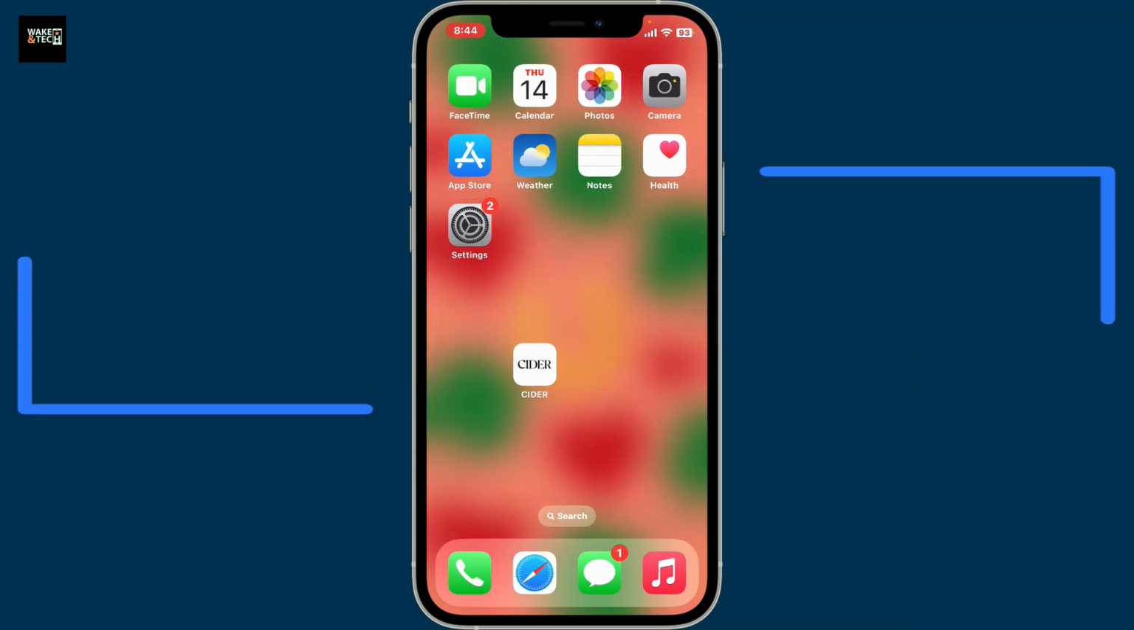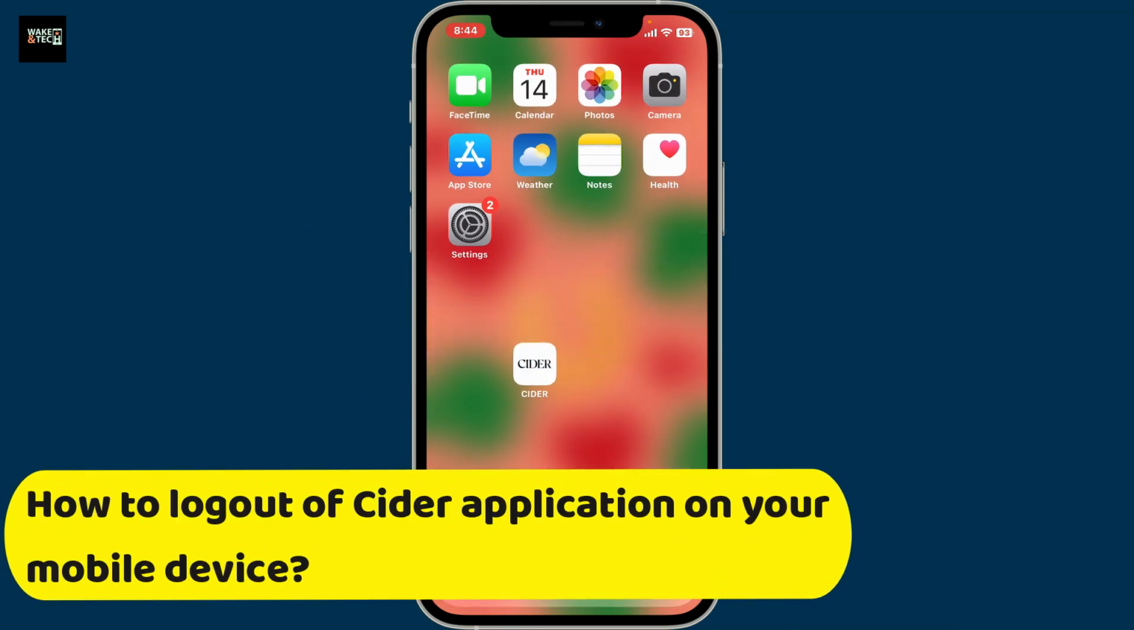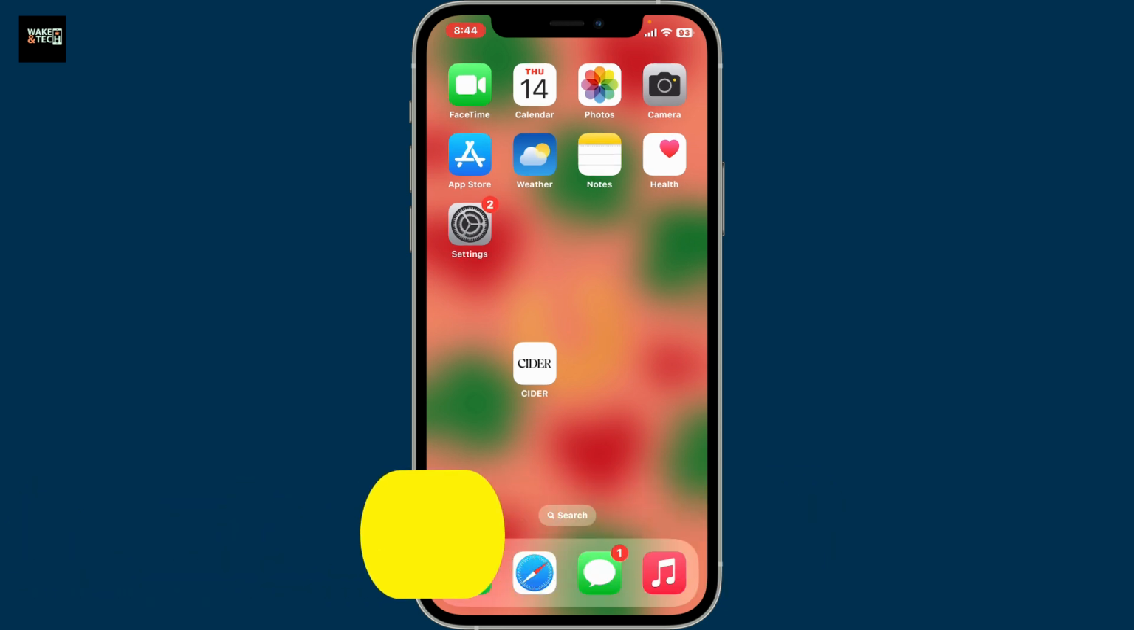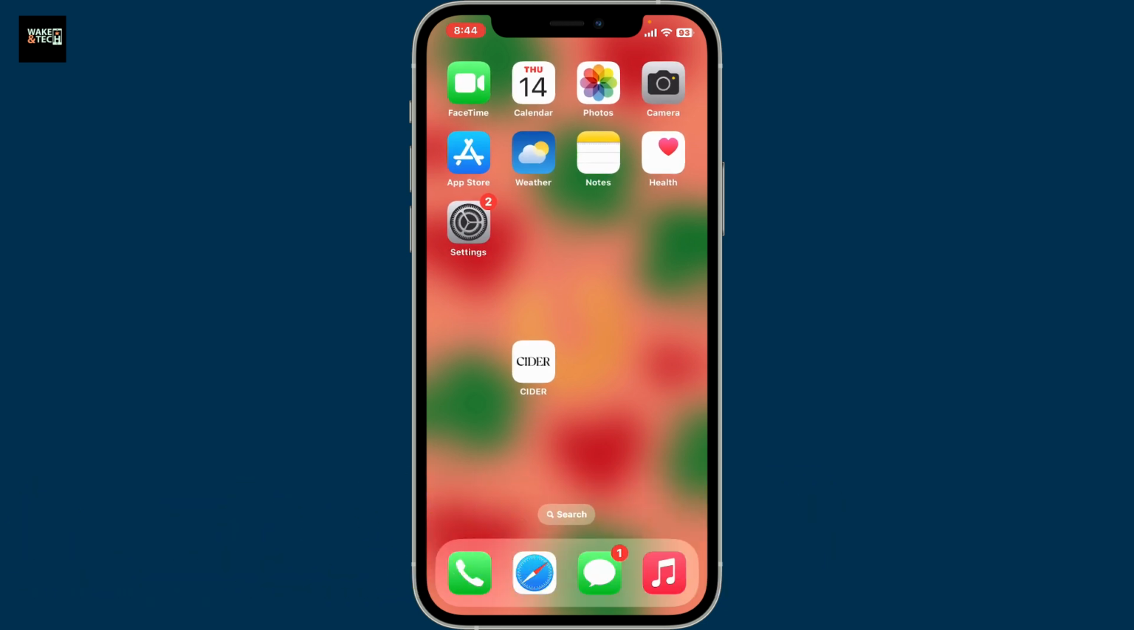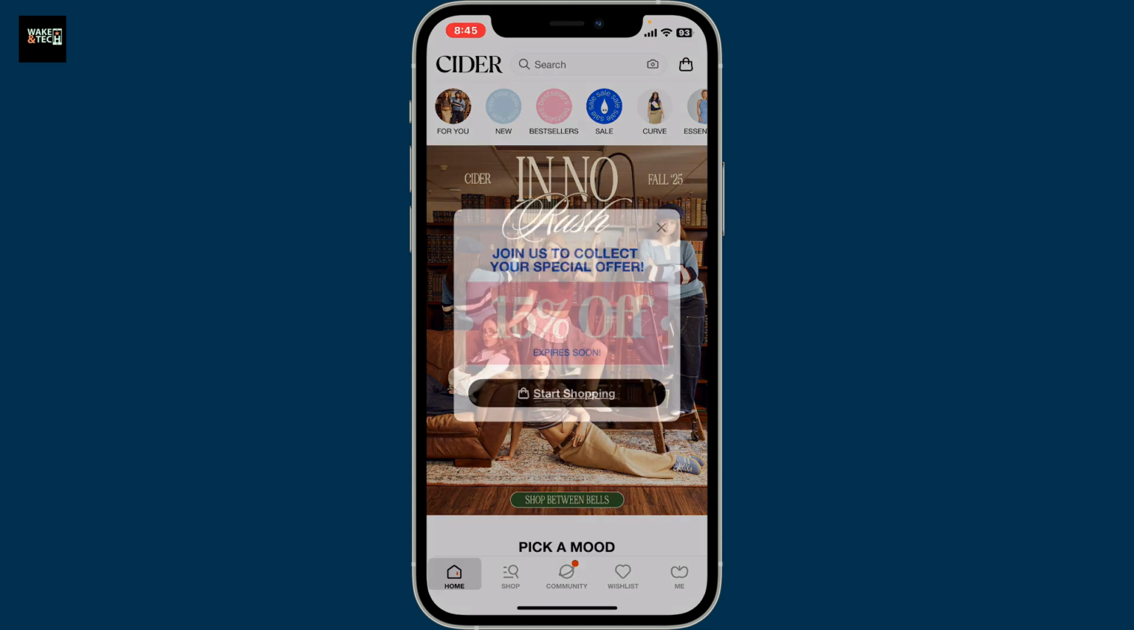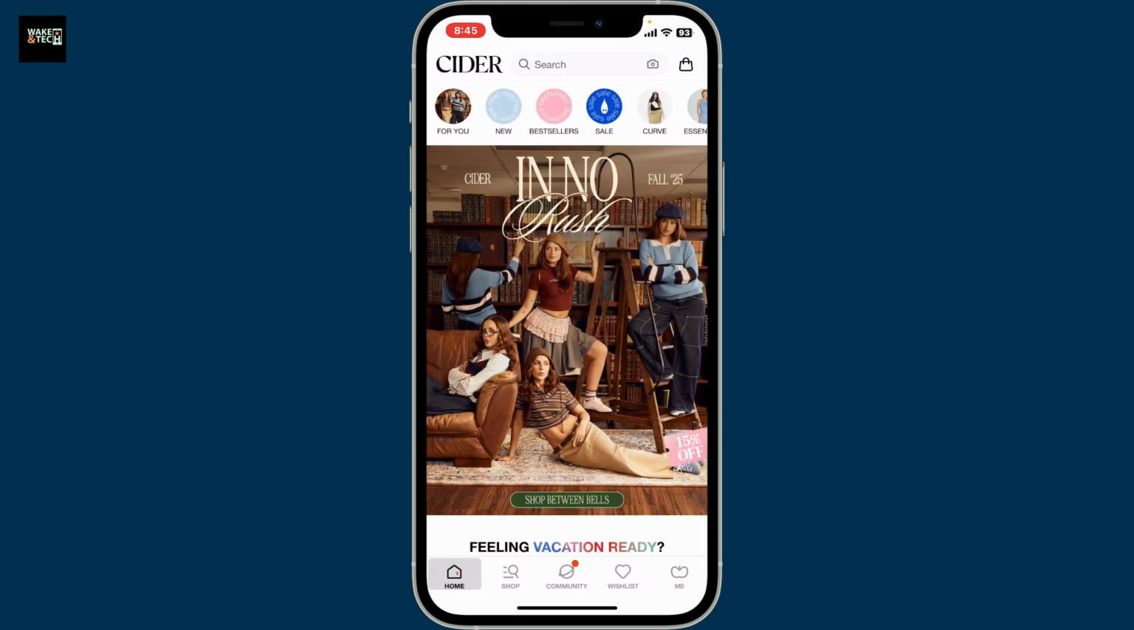Today in this episode we will be learning how we can log out of the Cider application on your mobile device quick and easy. Logging out of Cider app is a straightforward process ensuring your account remains secure when you are done shopping. So first of all, launch open Cider application on your mobile device, and then once you're in